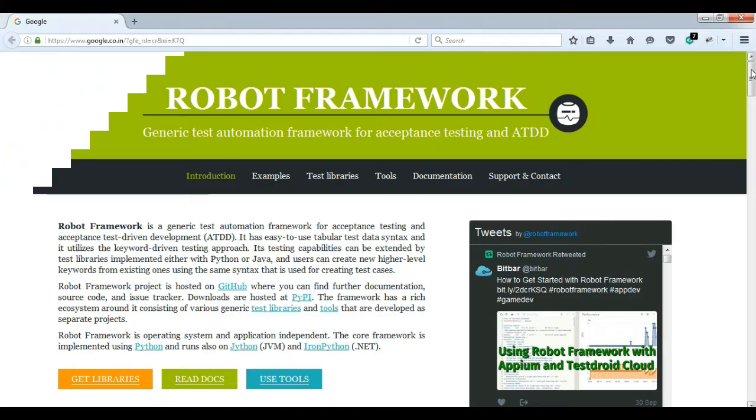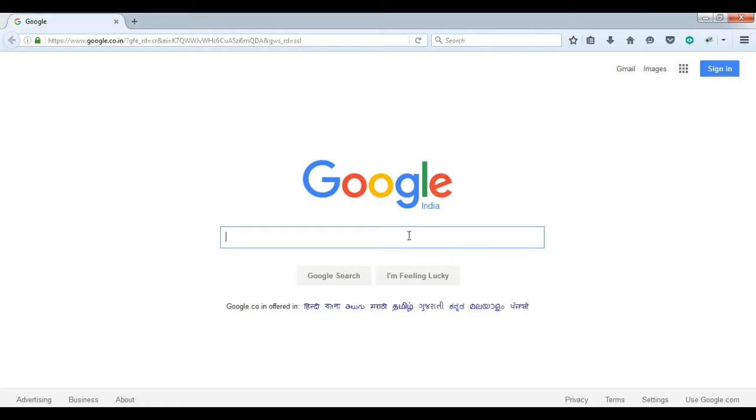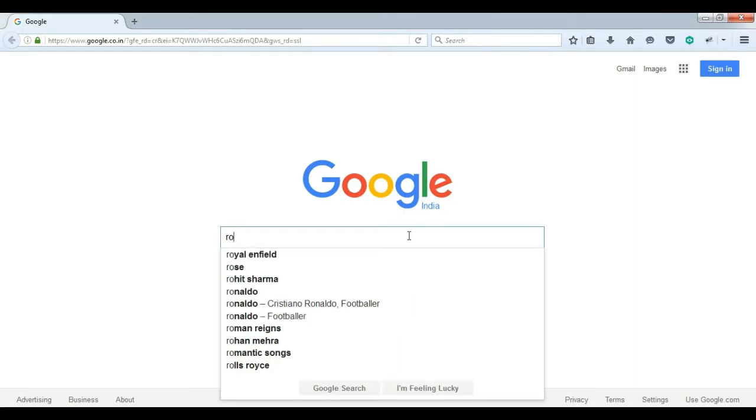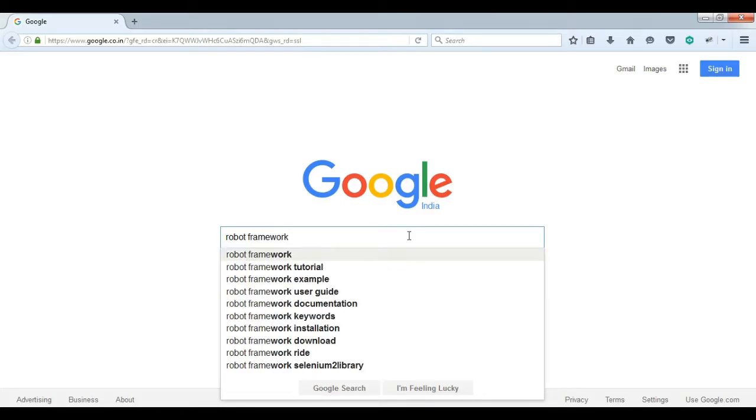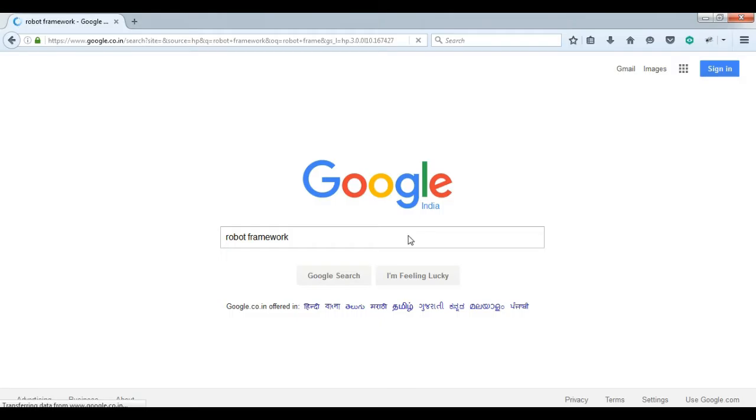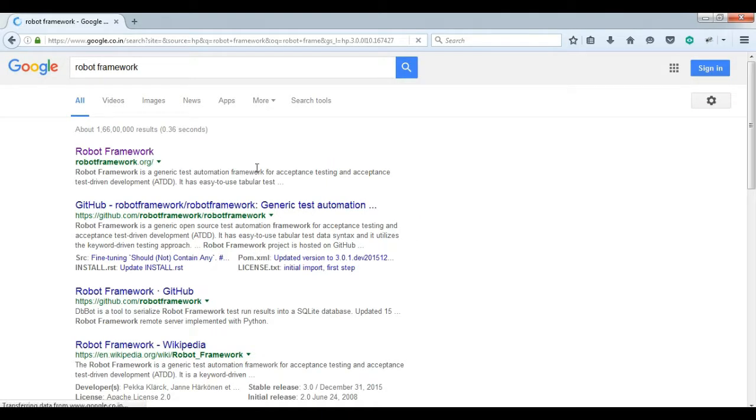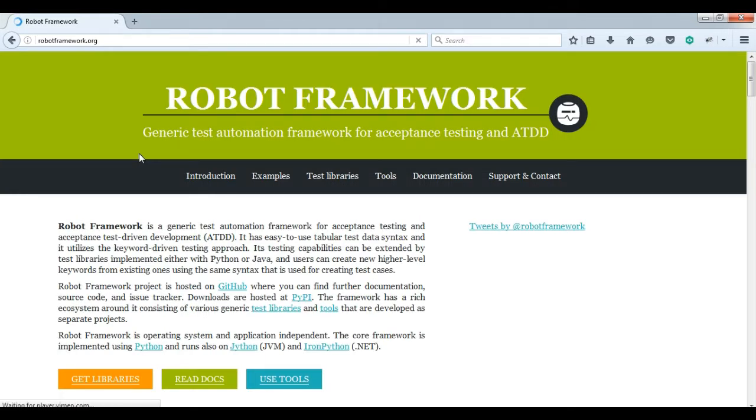So as a first step, just go to Google and search for Robot Framework. Click on enter. Just go to the first link itself, Robot Framework. Okay, this is the official page of the Robot Framework,